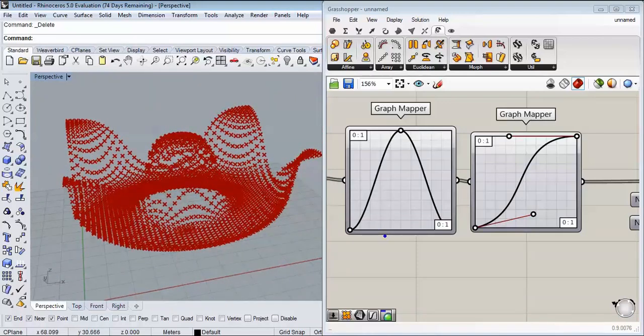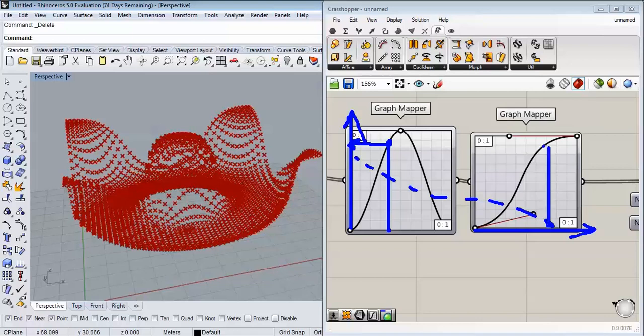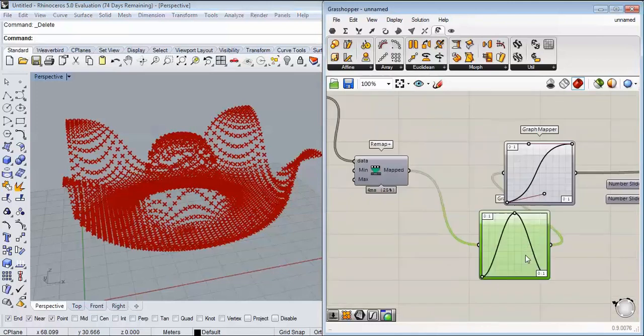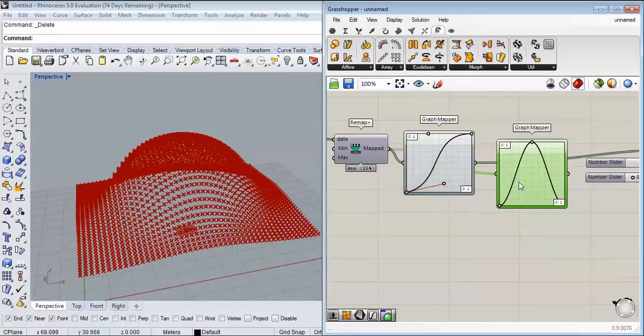So what happens is that the number comes here and it's projected onto the graph. It goes to the second axis. It again comes here to the second graph, and it's projected onto the next graph and onto the second axis again, and this is the number. So it actually goes two-way to have a new number, and it's just distribution, and you can understand that we are combining these two graphs. So if you had, let me show you, if you had a Bezier at the start and then you had a sine,